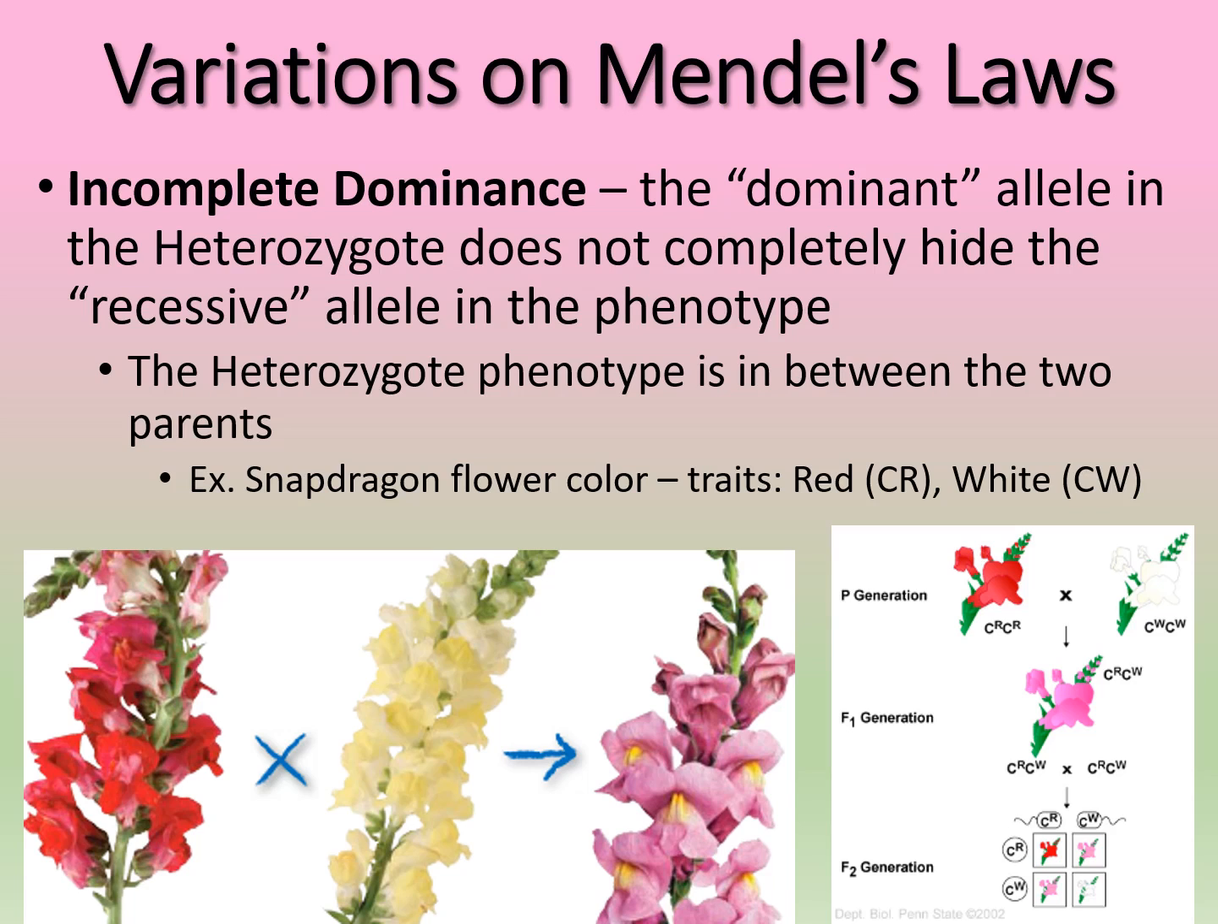And so then you get a CRCW, which is going to be our heterozygote. And that's going to be pink. So the entire F1 generation is actually going to be pink, which is interesting, right? So then our F2 generation, where we actually cross our two heterozygotes, our two pink snapdragons, then we get the